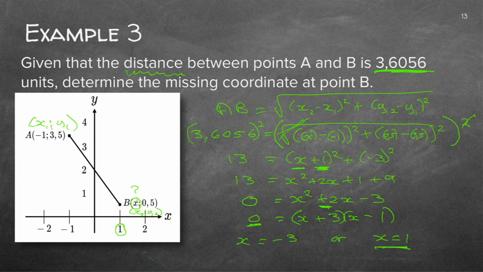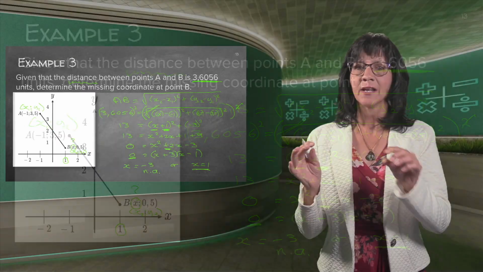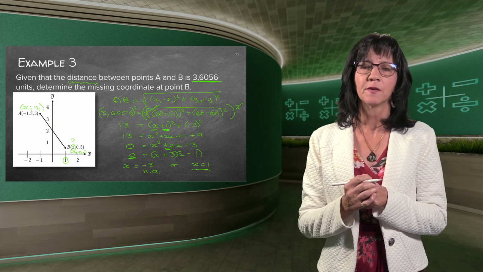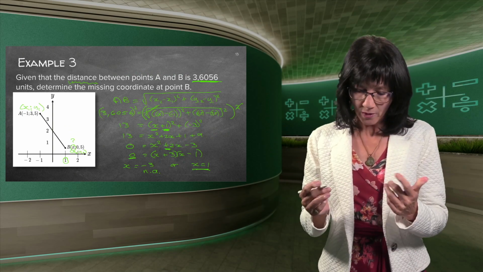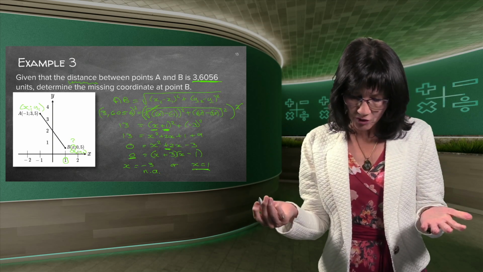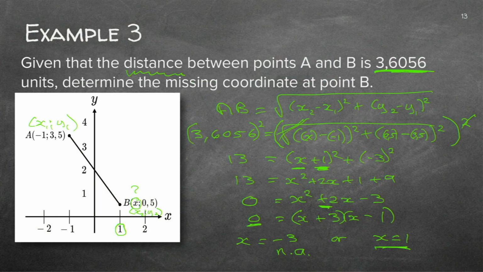But what about this one now? It's also an answer for the sum, but for this specific sketch of mine, it's not applicable. So you do not draw a line through it because it is -3. It's just not applicable for this specific sketch we've got in front of us. And now, what did they ask? They asked me to determine the missing coordinate. So now you can just write down the final answer. Remember, your final step is always to write down your answer properly. So the final point B will be (1; 0.5).